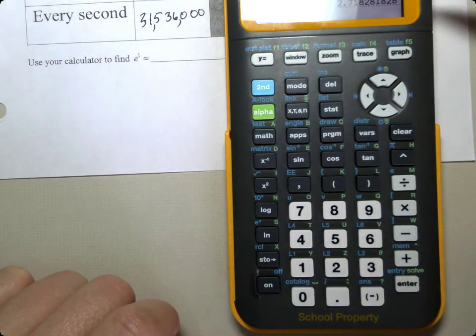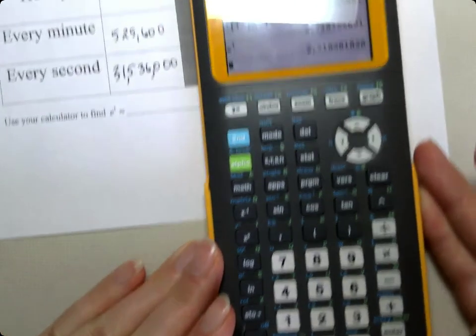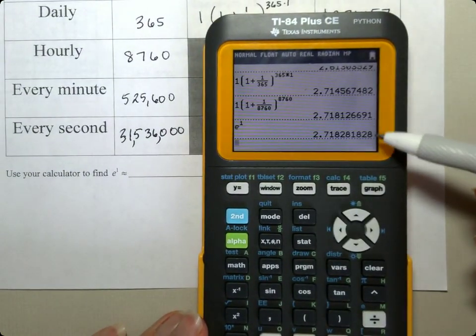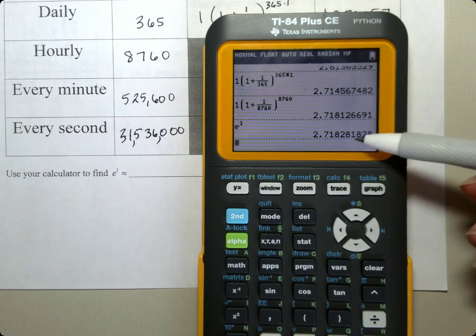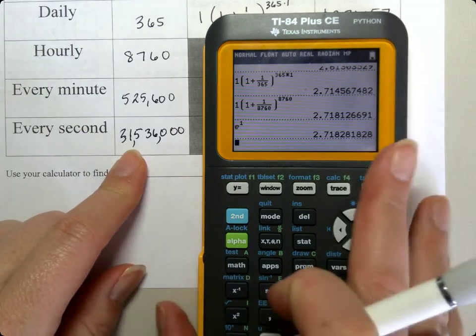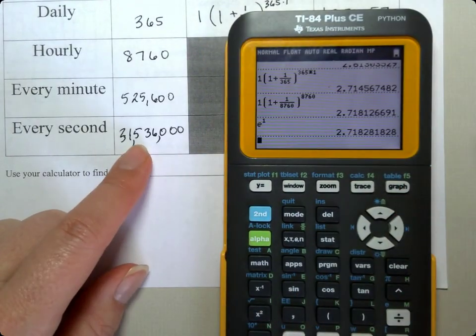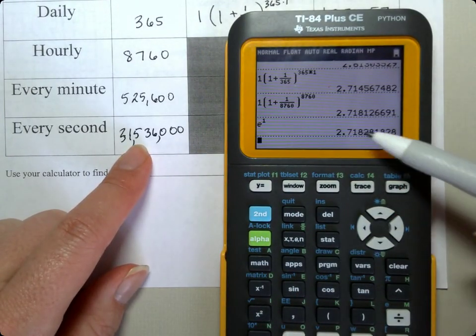And look at the number I get. Oops, you can't see it yet. Do you see the number I get and how close it is to the numbers I just had? So this e stands for continuous compounding, if it just kept rolling over. Every second is pretty continuous. So the closer we get to every second, every millisecond, the closer we get to this